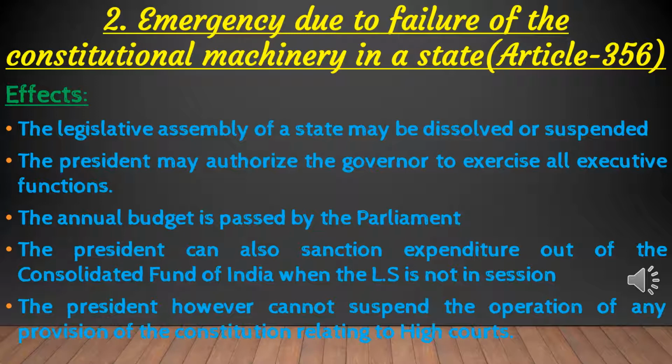The proclamation of President's Rule as a result of breakdown of constitutional machinery in states and union territories has occurred at least 126 times in India. The state of Punjab was the first to be brought under President's Rule in June 1951. Jammu and Kashmir became the latest state where President's Rule was imposed, in January 2016. Manipur has been placed under President's Rule as many as 10 times, Uttar Pradesh 9 times, and Punjab 8 times.